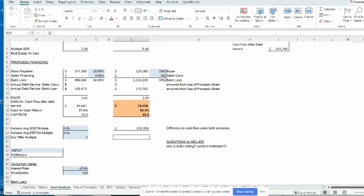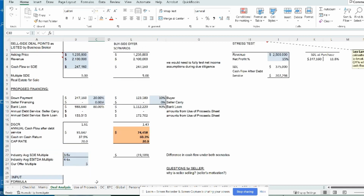For the amortization terms of the seller note, if there's going to be SBA lending involved, they will want the amortization to mirror that of an SBA 7A loan, which is normally 10 years if there's no real estate involved. If there's real estate involved, the real estate piece is a separate transaction, which allows the two loans to be amortized so that the blended amortization period is longer. That's actually good for you because it means lower payments per month, with no prepayment penalty. All right, now that I've shown you that,